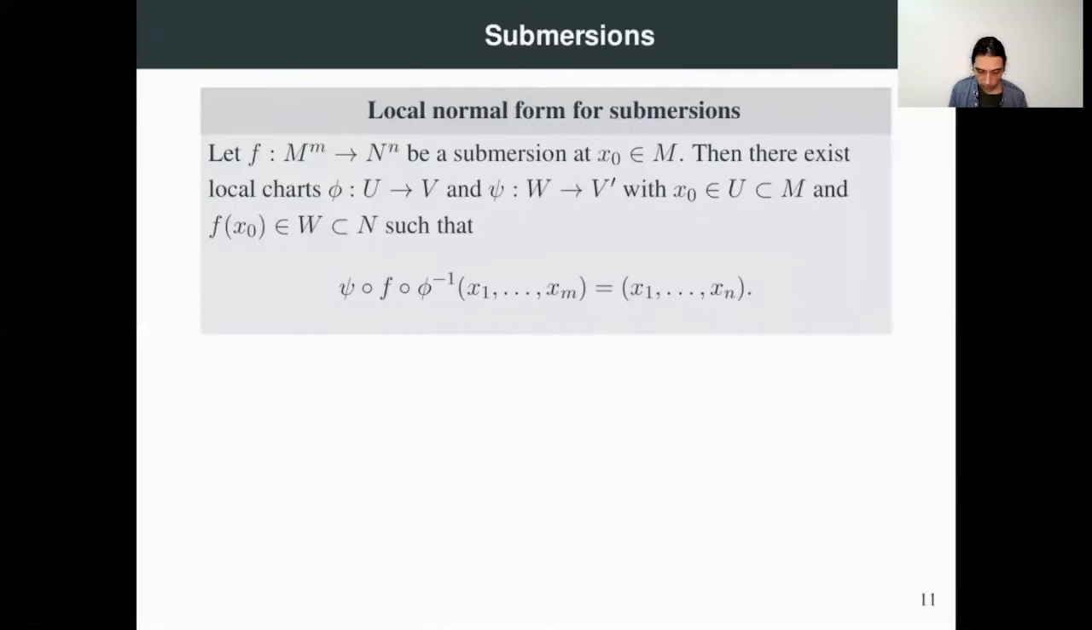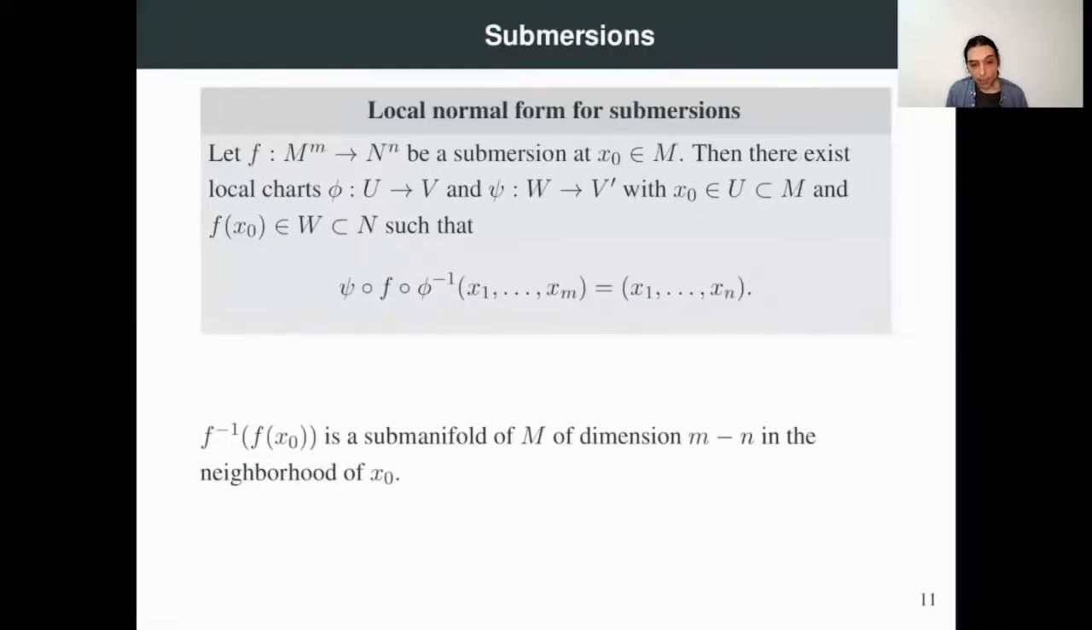Okay, so this is the result that we are studying right now. And what happens is that the preimage of F of x0 is a submanifold of dimension m minus n in the neighborhood of x0. Sure, if you fix here some coordinates, what is going to be in these coordinates the preimage of this point? It's going to be